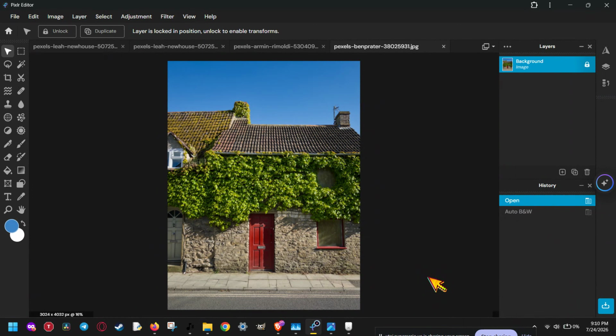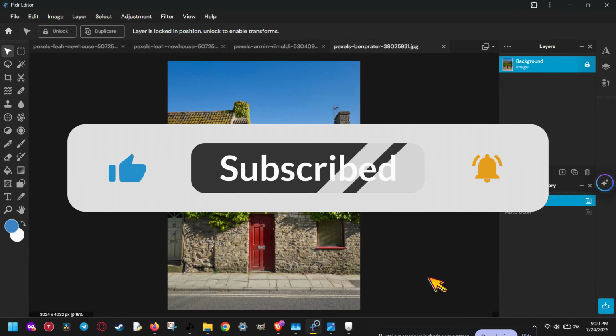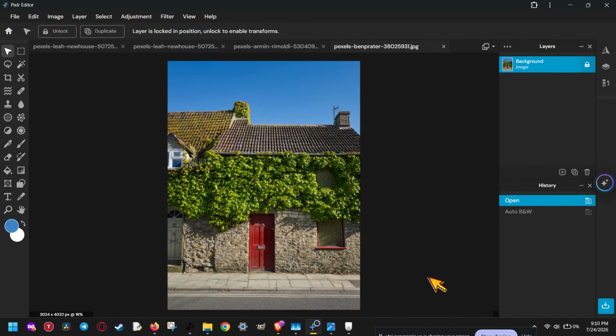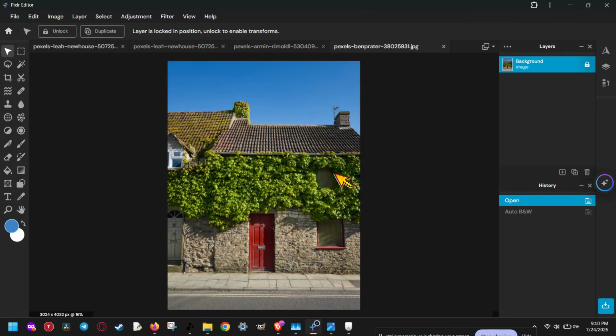Let's jump in. First, open your browser and go to the Pixlr website. Once the editor loads, click Open Image and choose the file you want to edit. This will bring your photo into the workspace so you can start making changes right away. If you're working on a sensitive image, always take a moment to make sure you're editing the correct file before